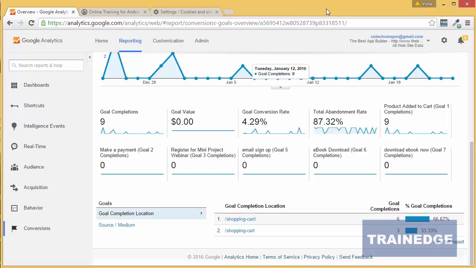When a person comes to your site for the first time, Google Analytics will generate a unique but anonymous user identifier for this person. This user ID, or user identification, is stored in the cookie on the visitor's computer.